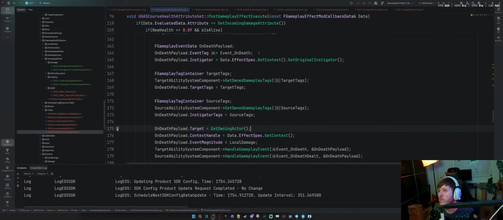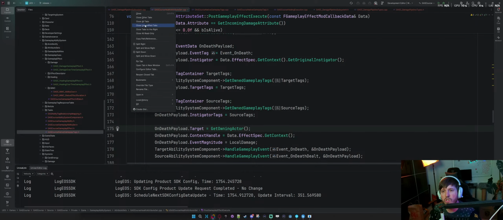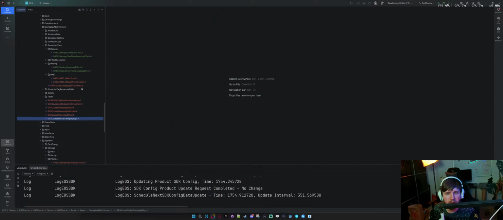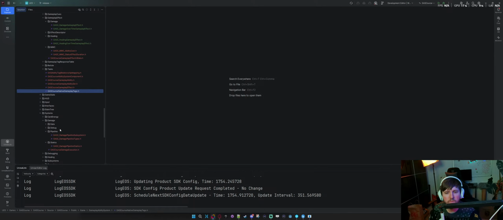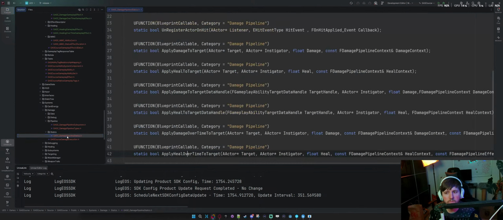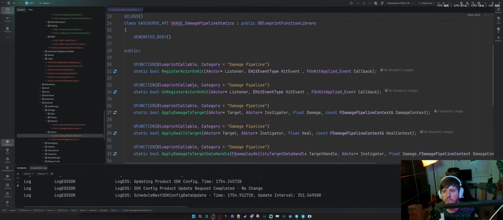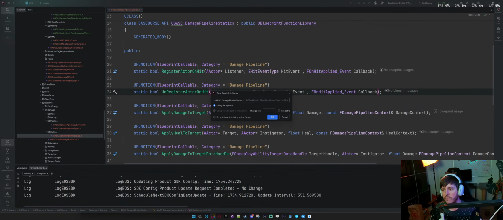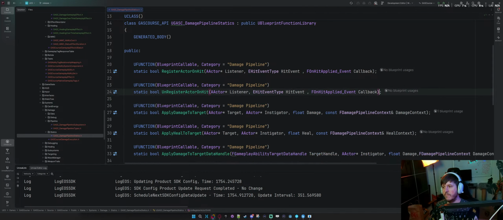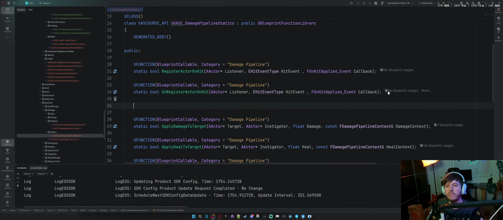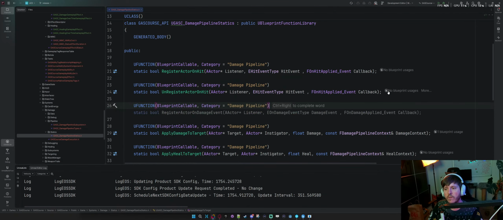So I think at this point now, I need to introduce my statics. So let's see. So UFUNCTION, BlueprintCallable, category, register actor on damage event.